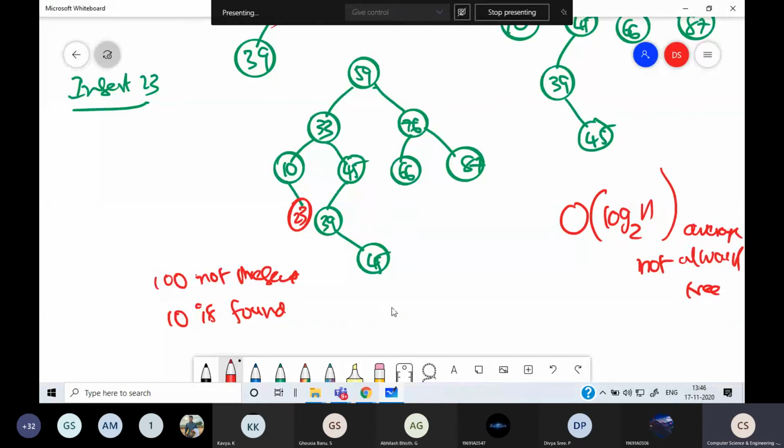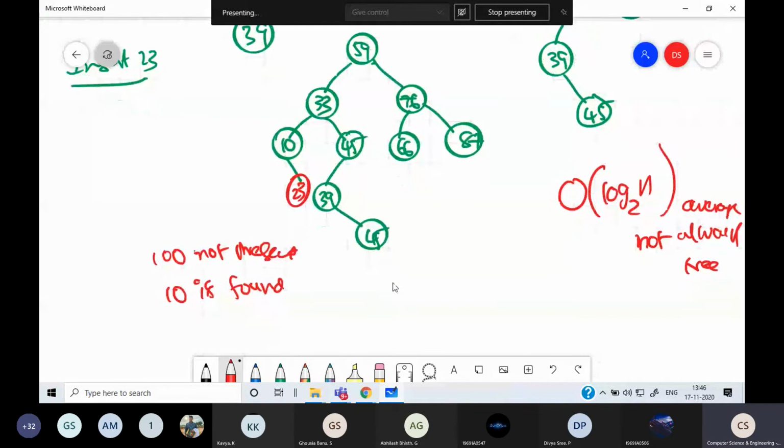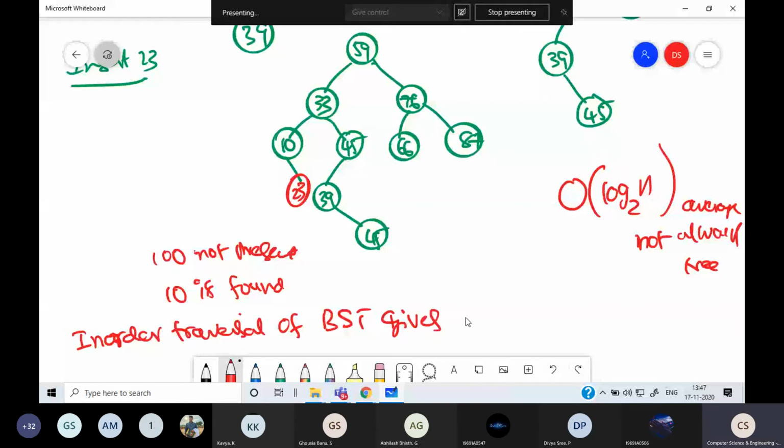One more thing: once the tree is built, if you perform in-order traversal of the binary search tree, it gives the ascending order of nodes.